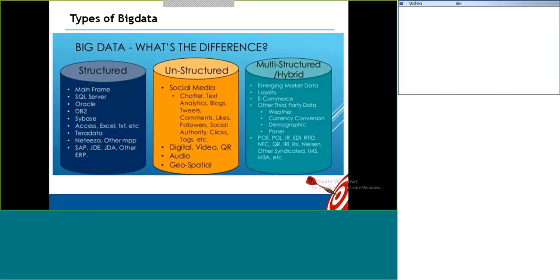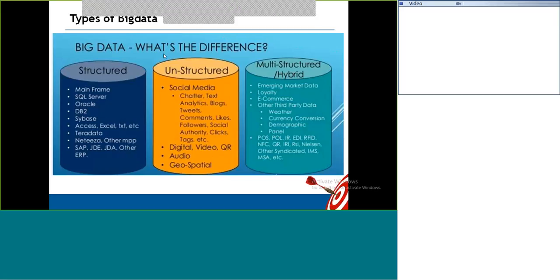In the first class, I limit writing things on the whiteboard or as text, because I wanted to cover more in the first session. That's why I'm using these slides. Subsequently, when I explain the architecture and all, definitely I will use the whiteboard to explain things. It is kind of an overview of big data and Hadoop, so there is not much to write.